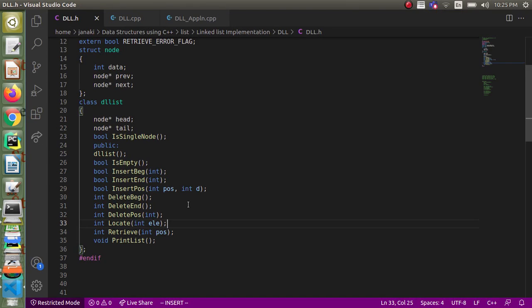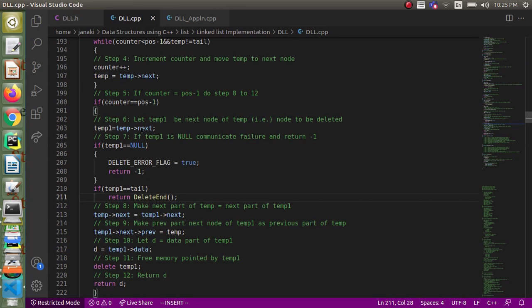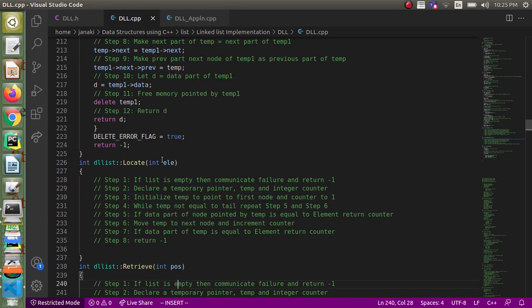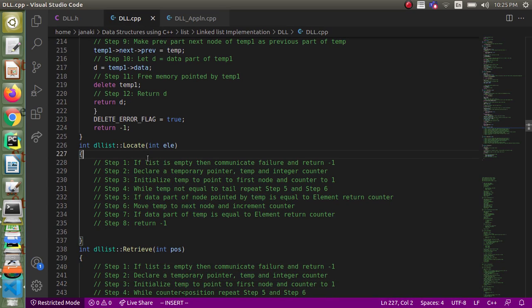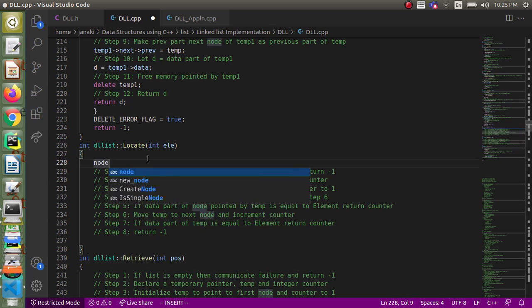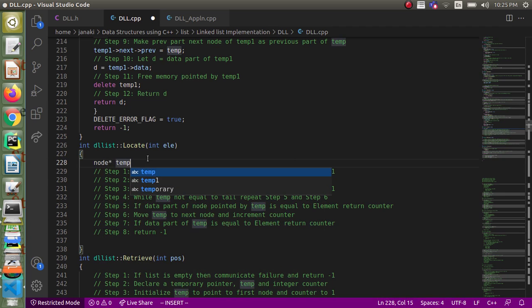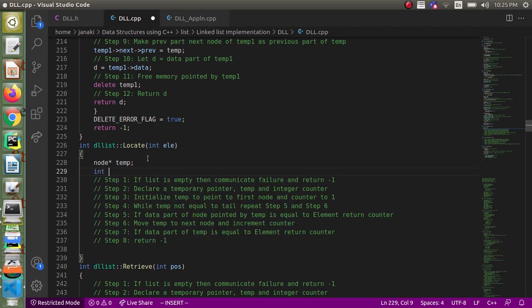I have made the declaration of the function locate in the class with the element, and now I am going to write locate here. Let's have a temporary pointer and an integer counter, right? The first case is if the list is empty.